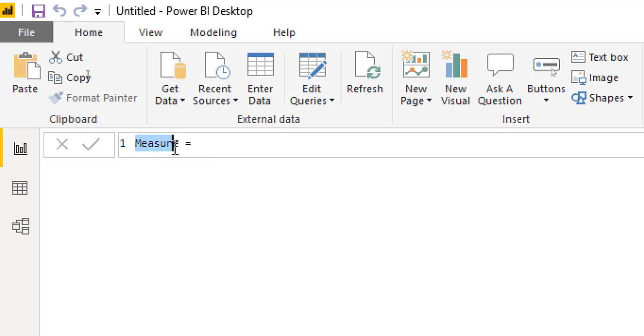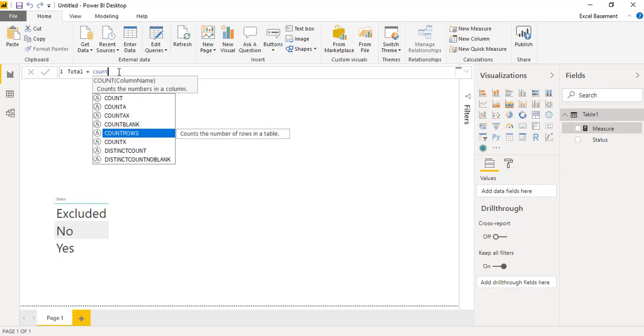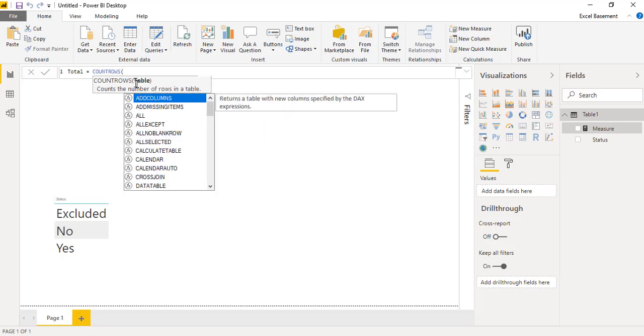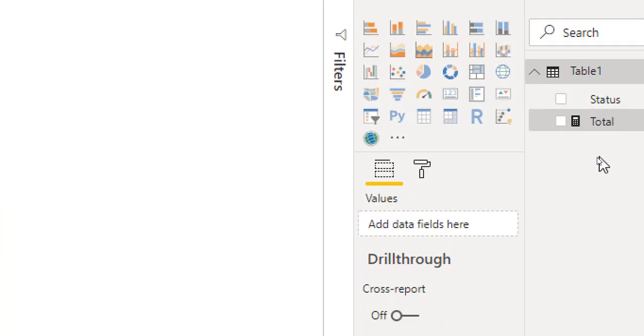So first we will be naming that measure Total, and now we will be applying the COUNTROWS DAX, COUNTROWS, and here we will define the name of the table, which in my case is Table 1, and bracket close. As soon as I press enter, one explicit measure field is now created.